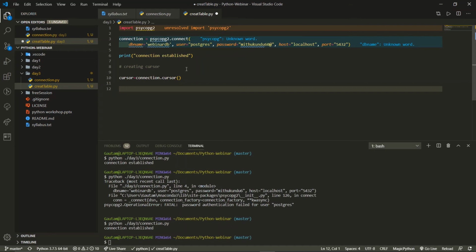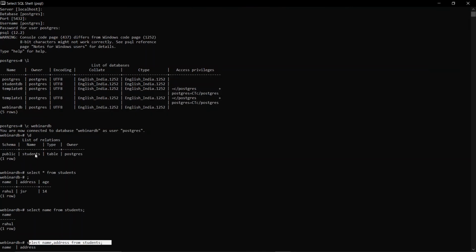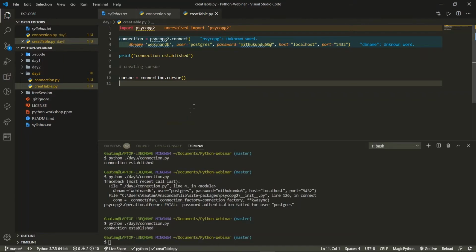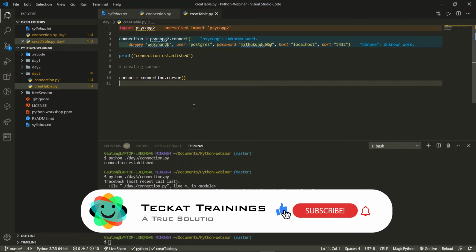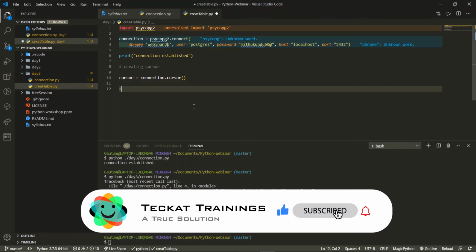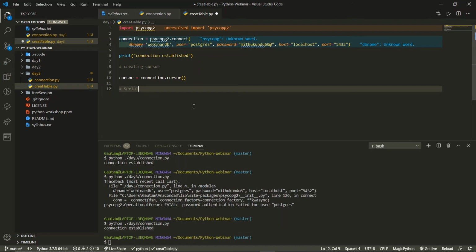Let us not take the previous table we created in Webinar. We will create another table. Suggest a name for the table. Until then, I'll just write the comment, cursor execution.